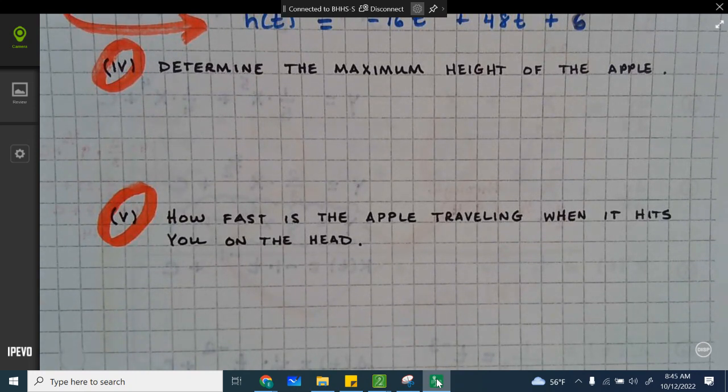Change in y when velocity equals 0. That's it. Change in y when velocity equals 0. So,